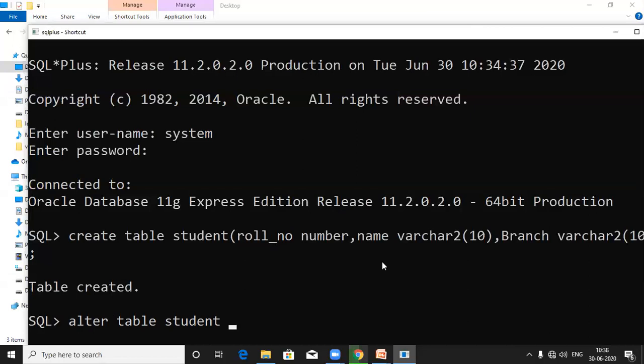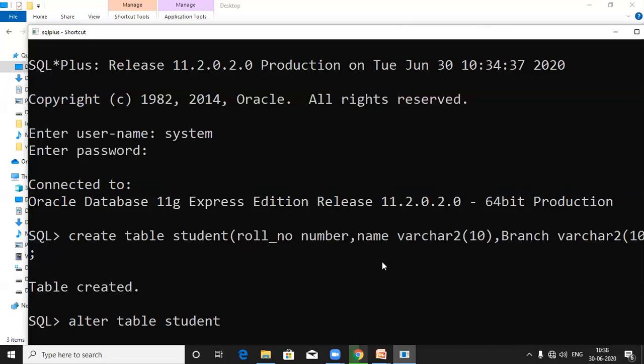Then there are 3 parts in an alter command: add, modify, and drop. Add is used to add one column into an existing table. Modify is used to change the column size or the column name. And drop is used to delete a column from the existing table.